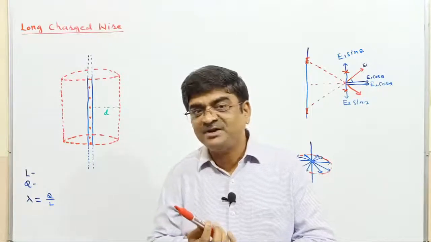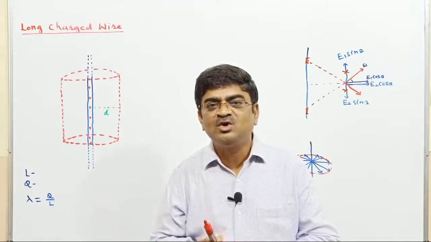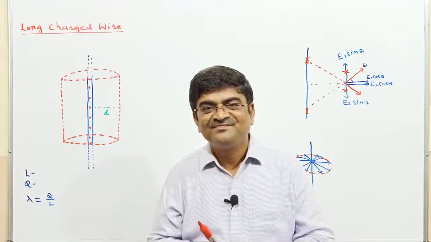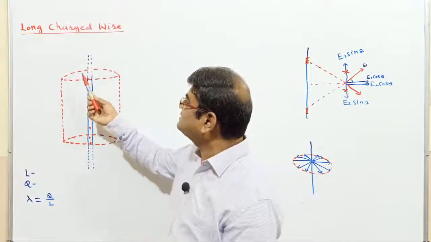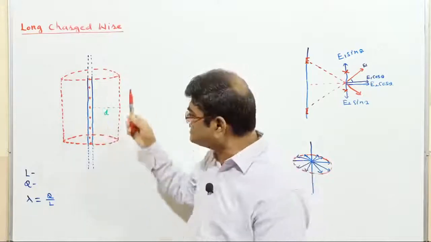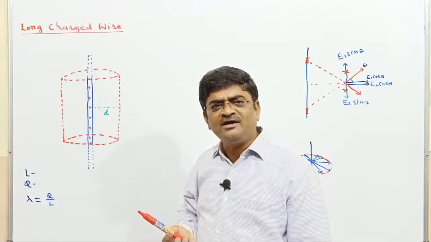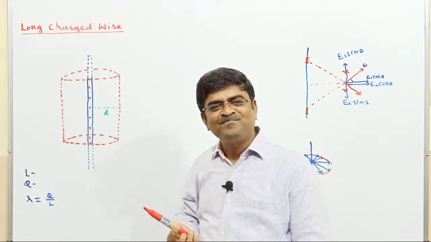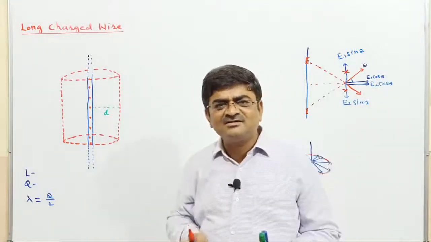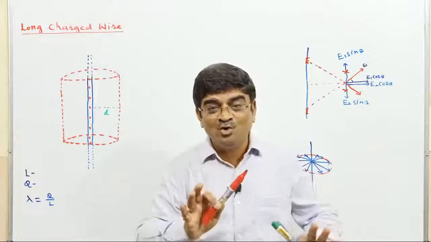After that, what is my next precaution to be taken? The charge on the body should lie completely or partially inside. Now in the present case, I did not take the cylindrical Gaussian equal to the length of the wire. I have taken a part less than that. So definitely the whole charge on the wire is not going to be enclosed in the Gaussian, only part of the charge. That will do. Even part of the charge is fine, no problem. That's what I have done. So my step number 2 is also over.